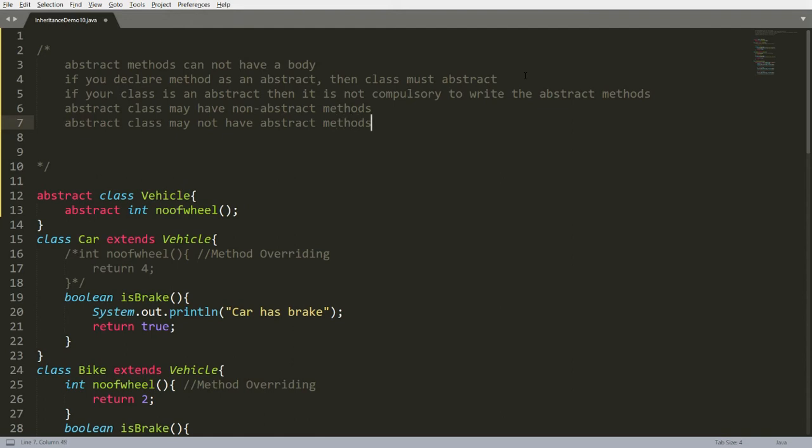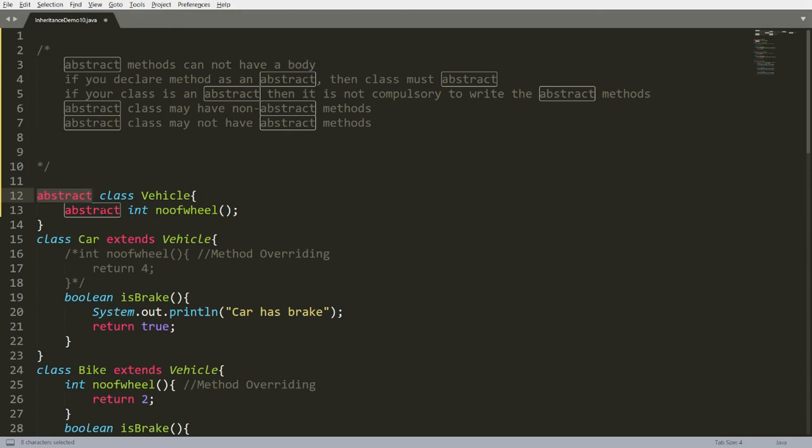So once you declare a method as abstract, the class must be abstract. It is true. But if your class is abstract, it doesn't mean it is compulsory to write an abstract method. An abstract class may not have an abstract method, as well as it may have non-abstract methods. In short, whenever you declare a class as abstract, it doesn't mean that the method must be abstract.